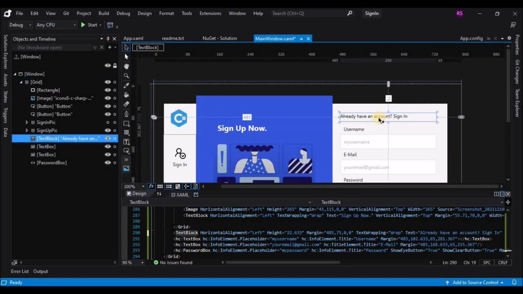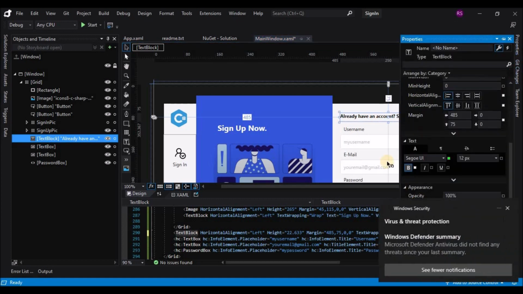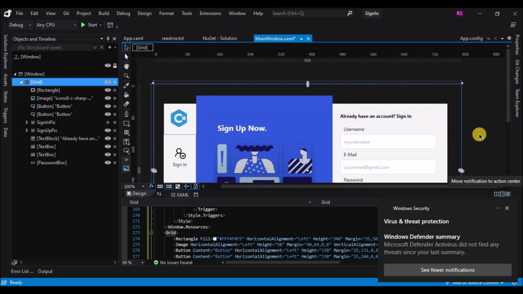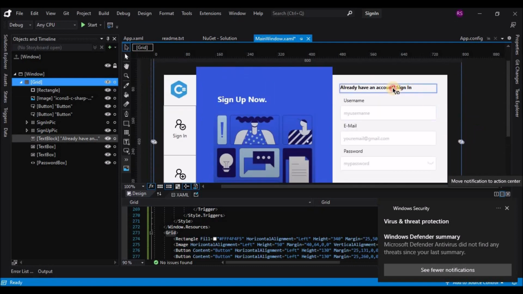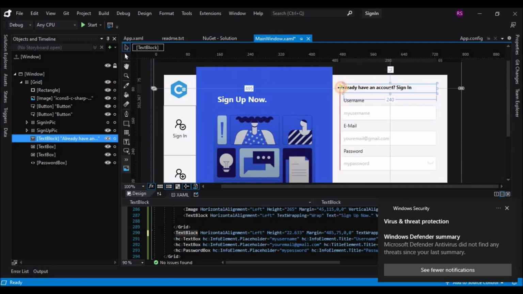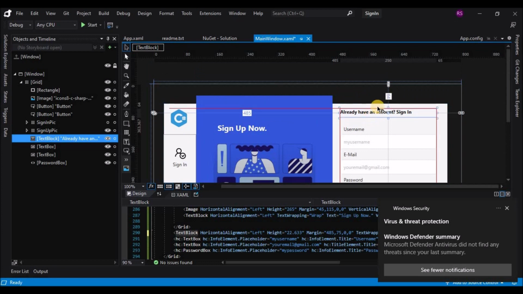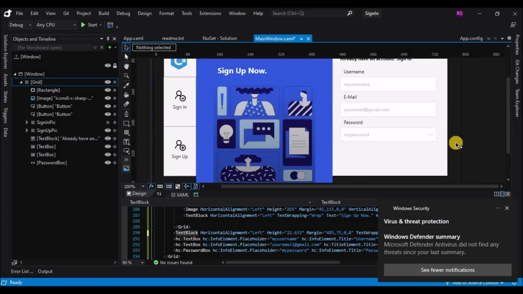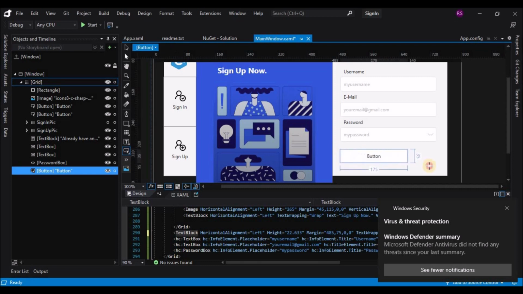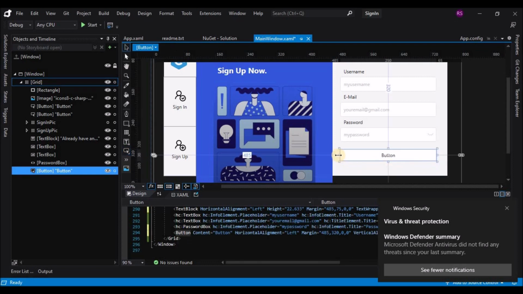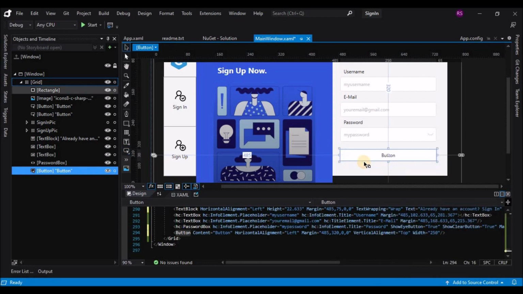Before that, let's change the font properties of the text block that we had. We'll just see what looks best. I guess we will retain the old formatting of the text. Before that, let's add a button.